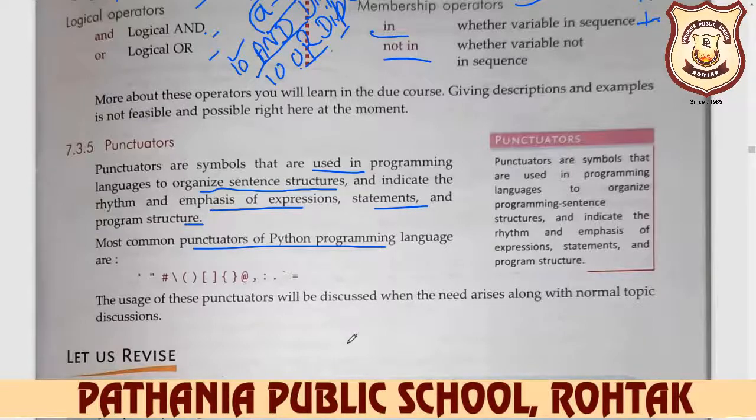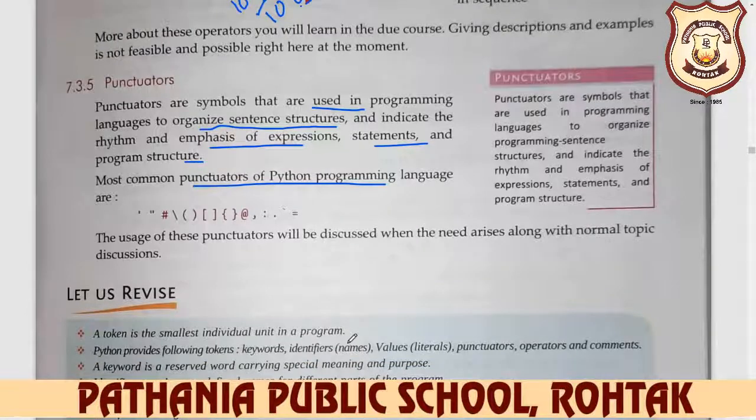So, in concluded form, we can say in Python we use so many tokens like identifier, keyword, literal, operators and punctuator. So these all are your tokens, and a token is the smallest unit of a program. When you create a program, you need all these basics, and you need all these tokens. Clear, everyone? Hope everyone is clear on this lecture.